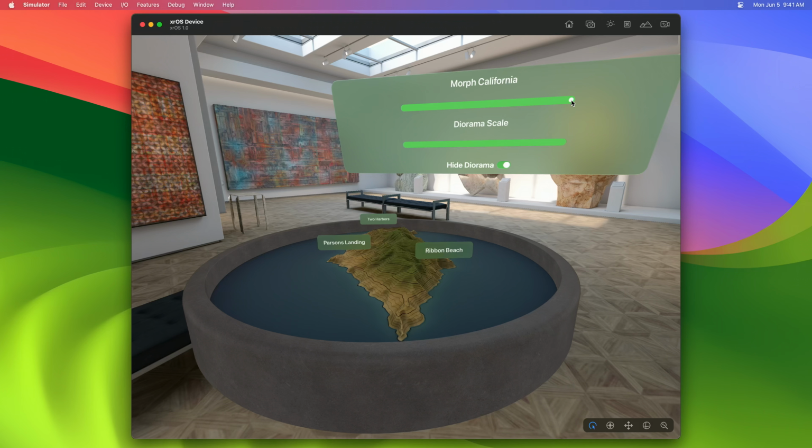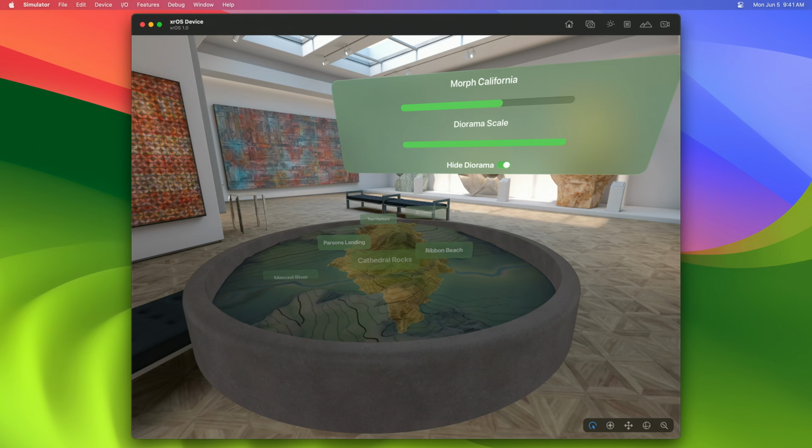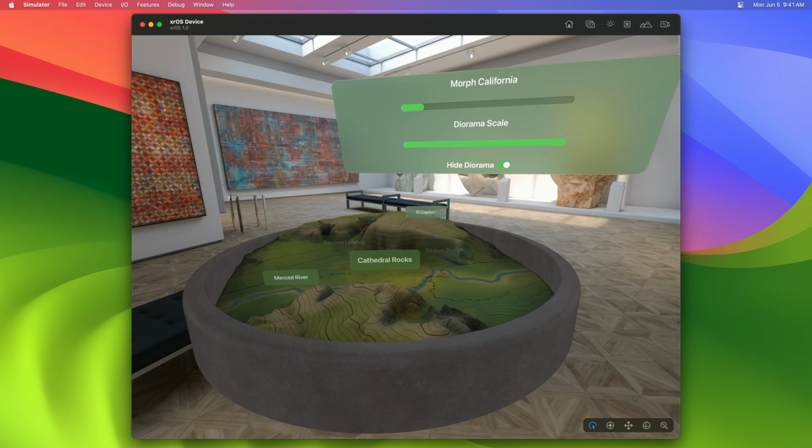The slider in our app morphs between our two different terrain maps, Yosemite and Catalina Island. Now that we've introduced audio into our scene, we're going to crossfade between two audio sources. We add a forest audio emitter the same way we added our ocean emitter entity.